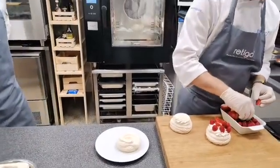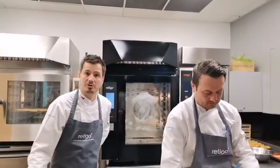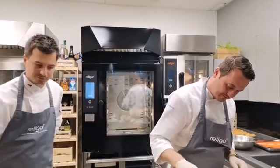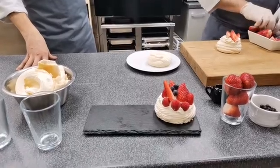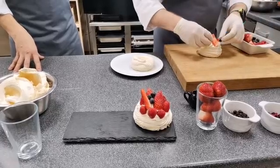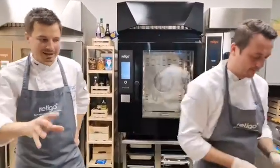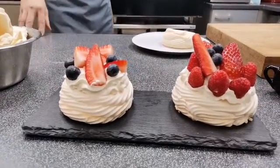Sometimes it's very easy to make a meringue, but a lot of people don't know what technology to use in the bakery oven. So about 2 hours. It depends on the size. If you have a smaller meringue, it might take a little bit less time, but usually around 2 hours you need to bake these nice meringues. As I said, 100 degrees for 1 hour first step, and second step 100 degrees again, another 1 hour, but you need to open the flat valve, which I will talk about later on. So this is our first dessert,